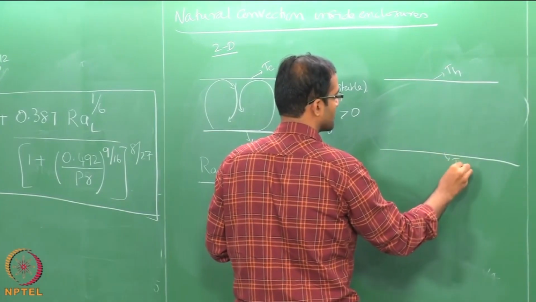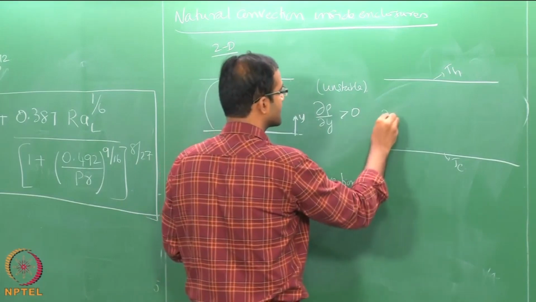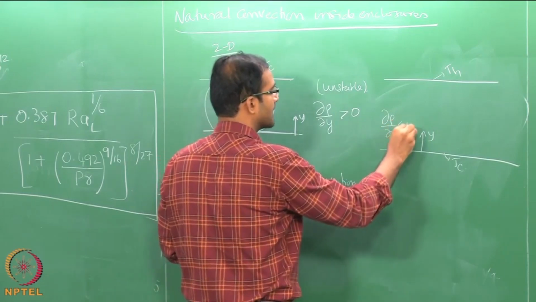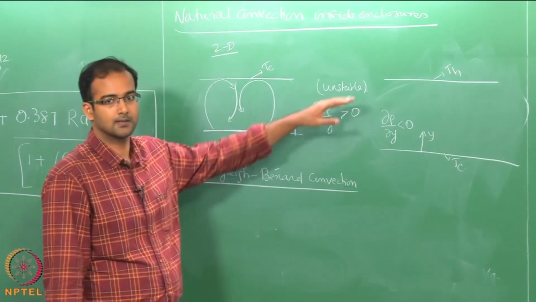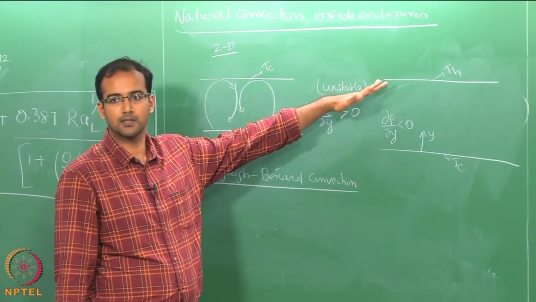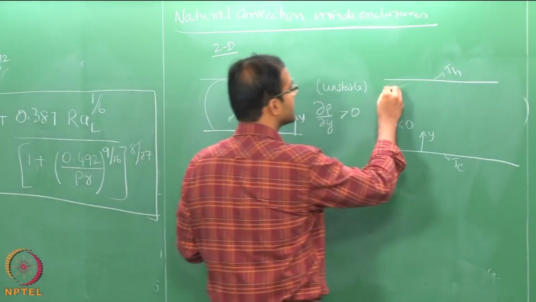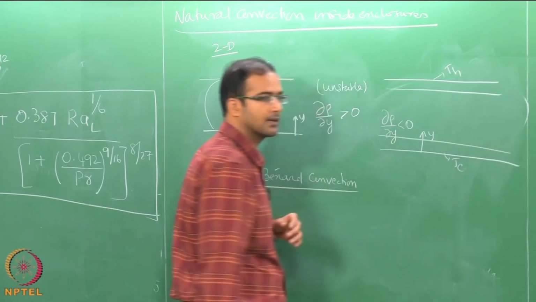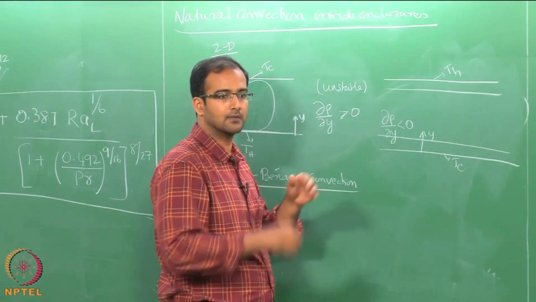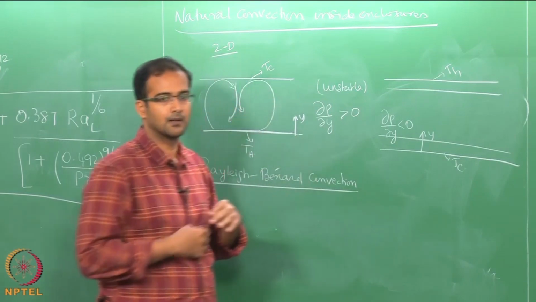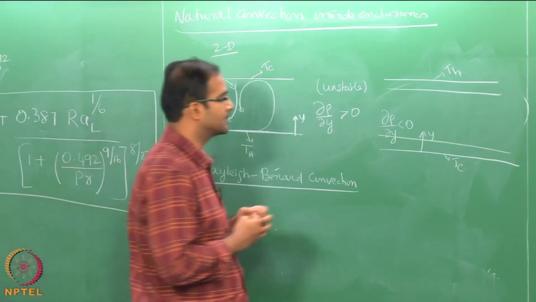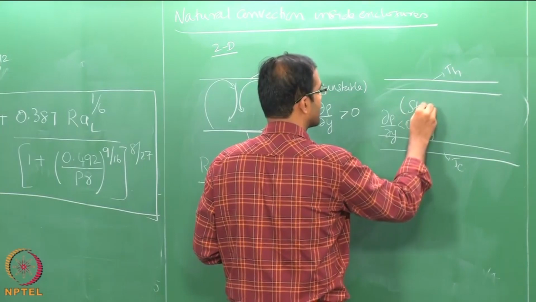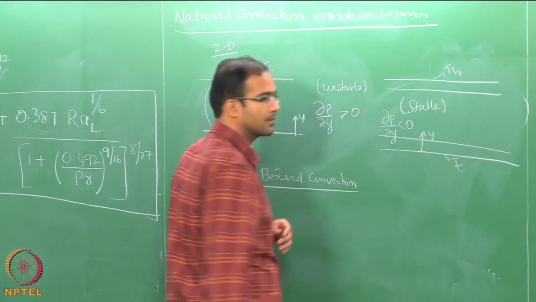and cool the bottom plate? So, in this case, what will be d rho by dy? Negative. So, what do you think will happen in this case? This will be a stable configuration. Okay. The heated fluid will be stratified here and the cold fluid will be here. The stratification will happen, the hot fluid will stick to the top surface, cold fluid to the bottom surface, but you will not have any of these convection patterns. So, this is a stable configuration and no convection cells will be formed,